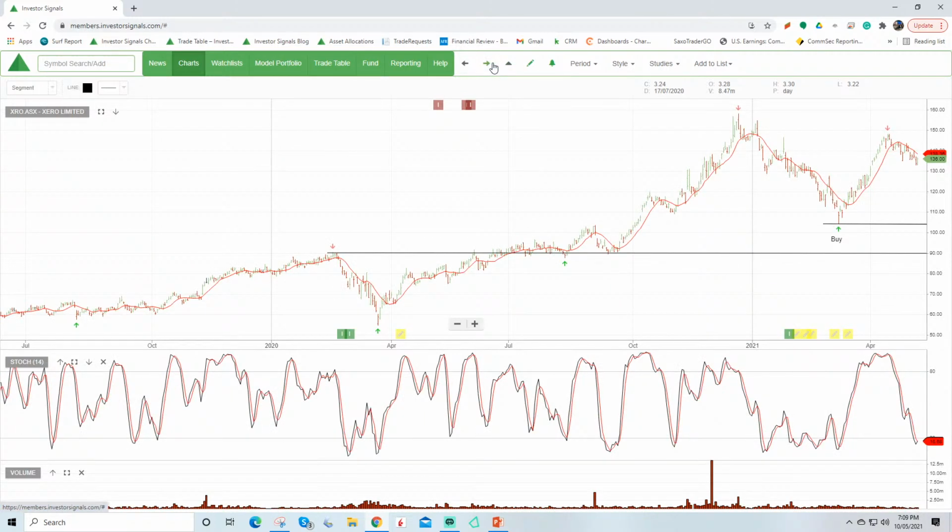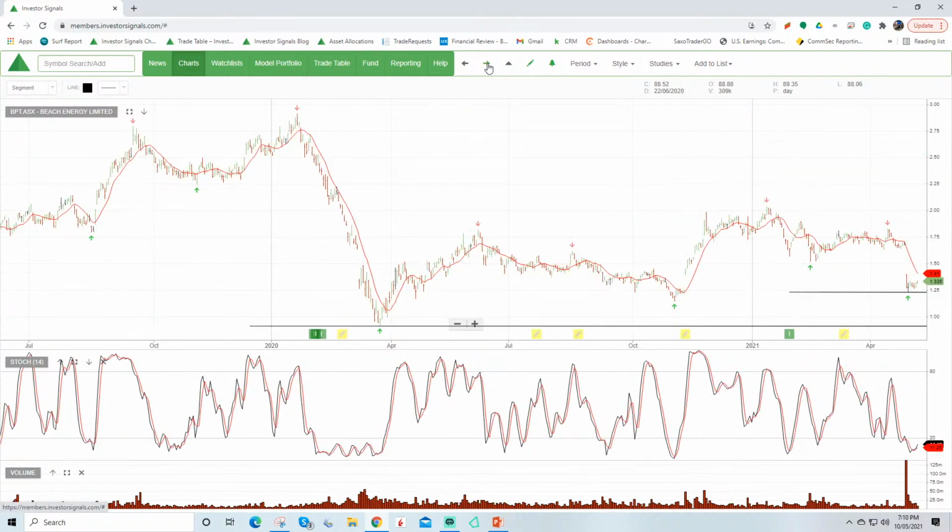Zip, so under algorithm buy conditions, we have taken profit in our trading portfolios in this name. Still sits in the top 50 model portfolio after switching from sell conditions into buy. Stock's retraced from 150 back down to 136. Just keep an eye on this. You could watch this stochastic, maybe even watch for a pivot point to go from sell conditions into buy, and you may find there's a buy on the dip opportunity here in Zip, and I'll keep an eye on that and draw your attention to it on the blog.